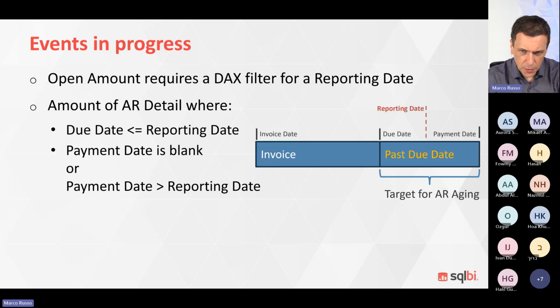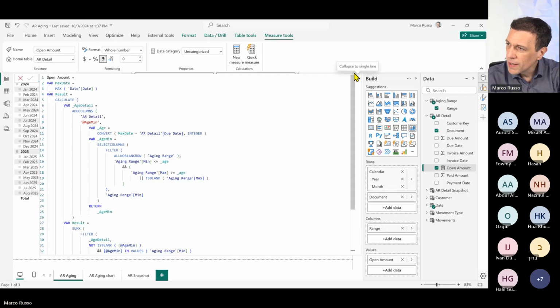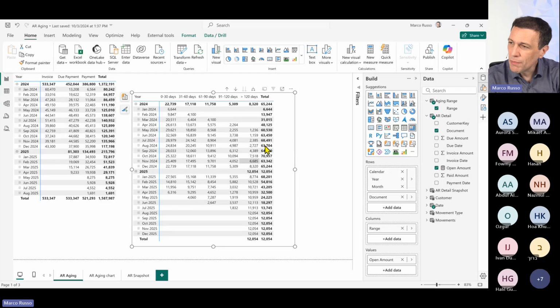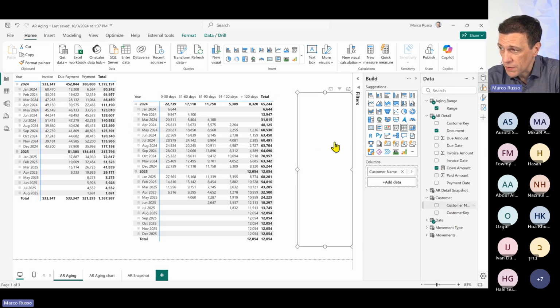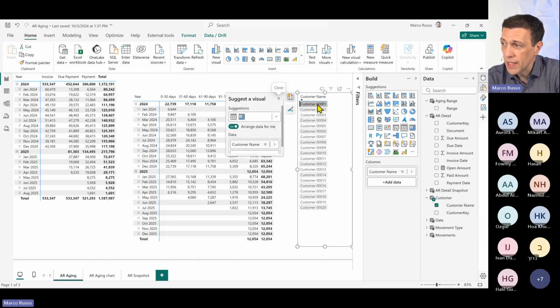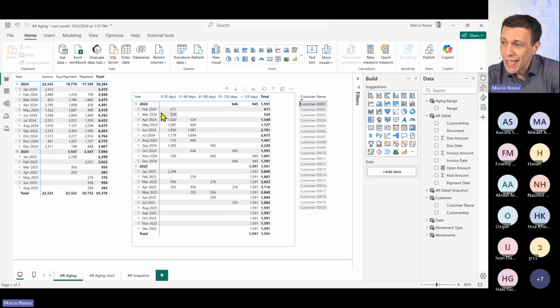Okay, let's go back to the report in Power BI. Give me 1 second. Okay, here. You see that here we have the sum, we have all the customers, all the invoices and so on. But once again, remember that if I filter one customer, so for example, if I put the list of the customers here and I select the customer 001, you see the behavior of this customer.